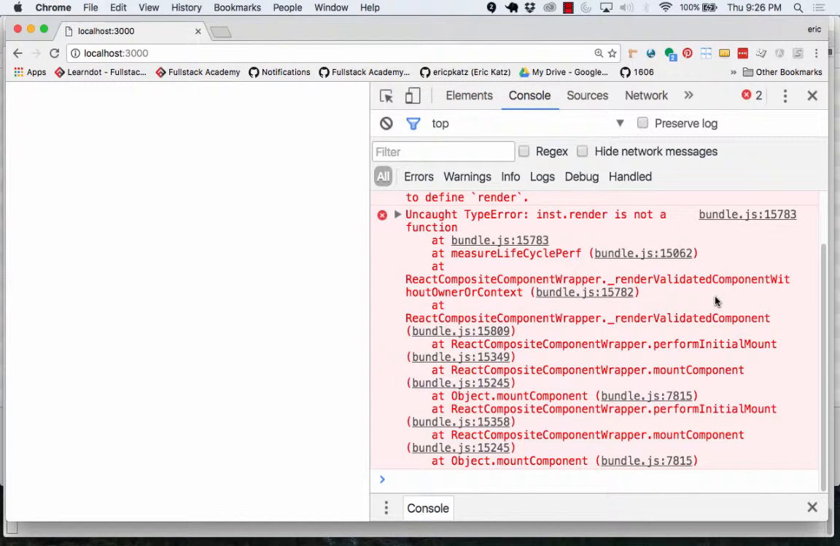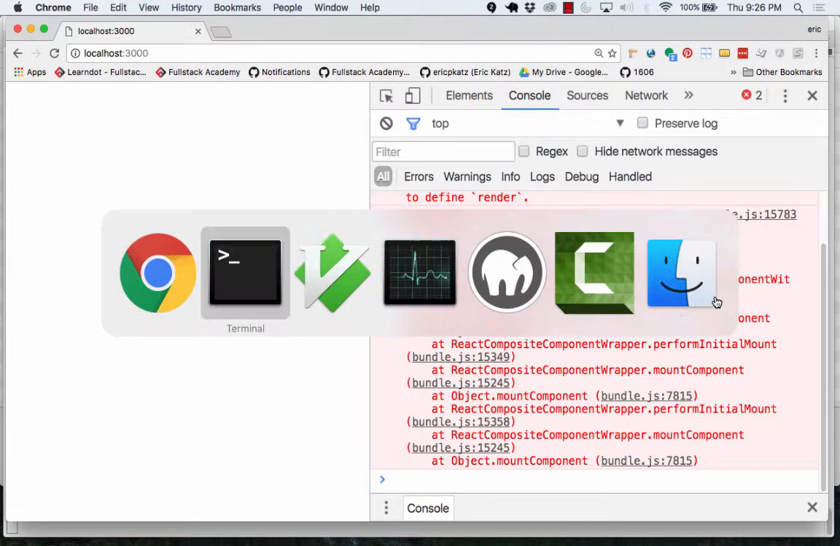Okay? Now I get a different message. The message says, if you have a React component, all React components are good at is rendering. Okay? So if you're going to create a React class, you better have a render method. Okay? And if I want to have a render method, what I can do here